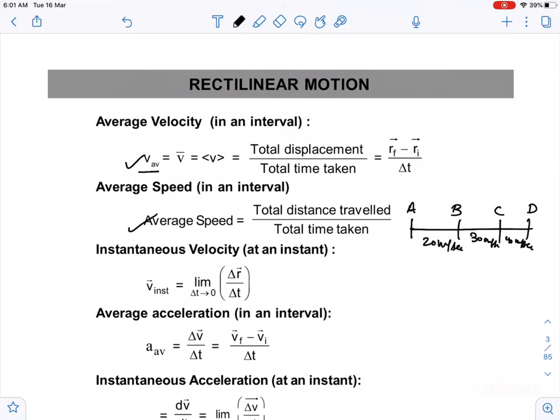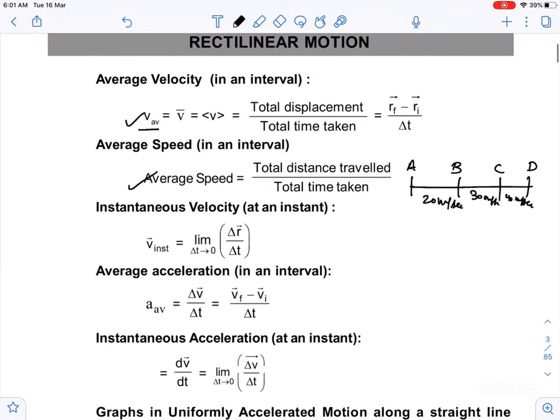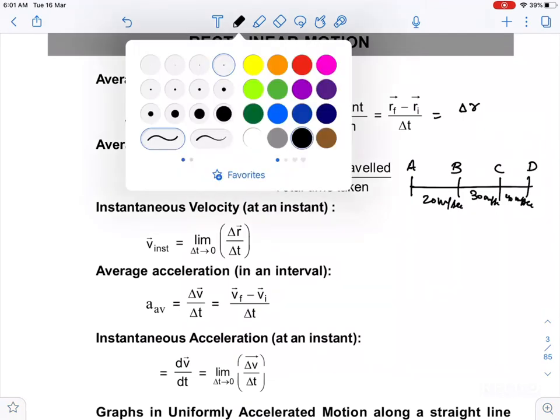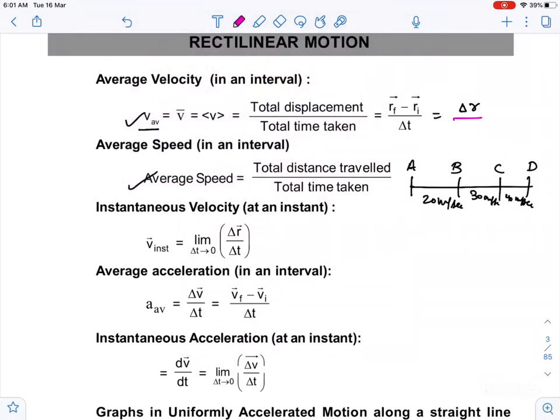Average speed is total distance upon total time taken, and average velocity is total displacement upon total time taken. As you know, displacement is a vector quantity. Now guys, one more important question JEE asks is instantaneous velocity. What is instantaneous velocity? If you calculate average velocity like r final minus r initial, that is the position vector, I have represented r final and r initial. So this is known as delta r, divided by delta t.